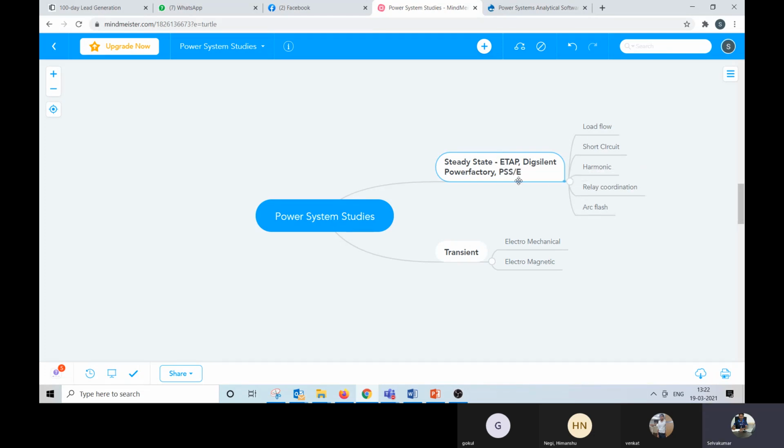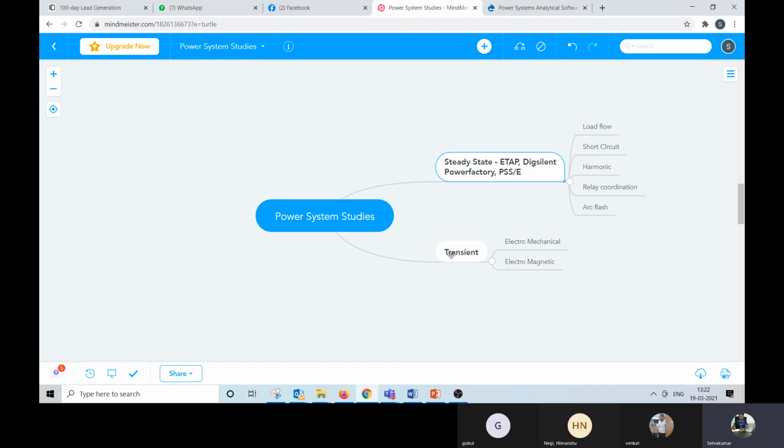If you're going for a large scale grid connected system for the whole country or a large state or the whole European Union, go for PSSE. If you have rich renewables and want to perform the studies, then better go for ETAP and PowerFactory. So this is what we can conclude from the power system studies perspective, right?